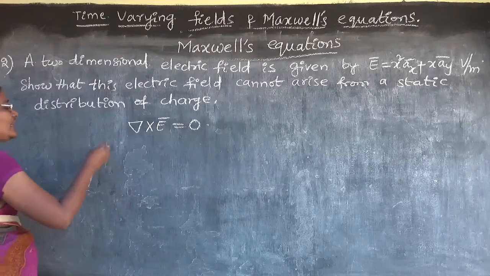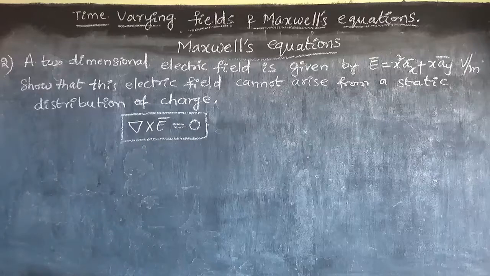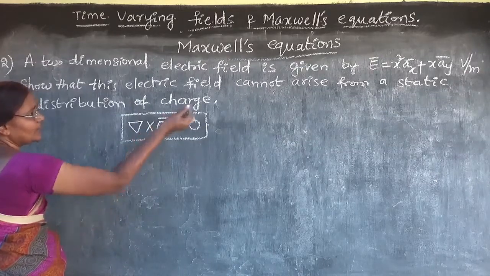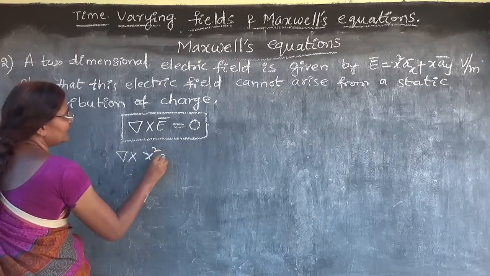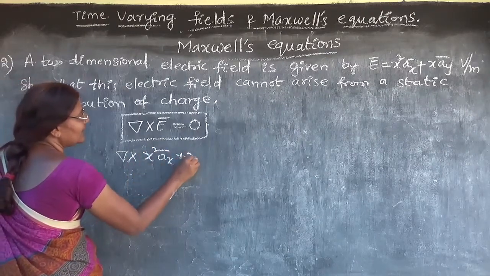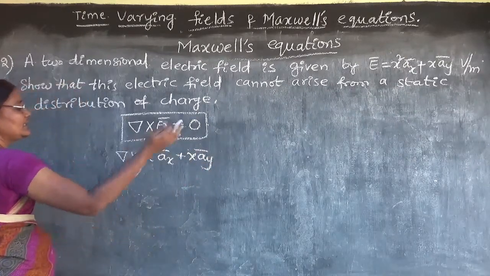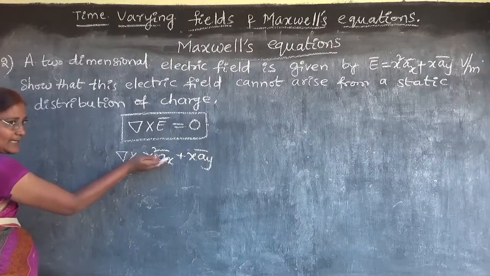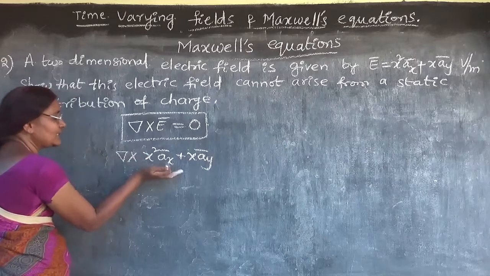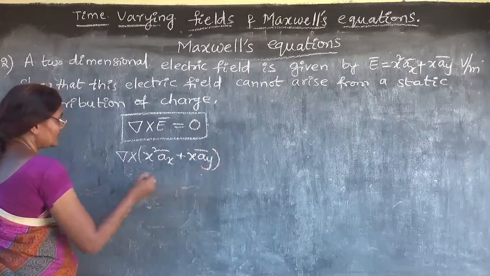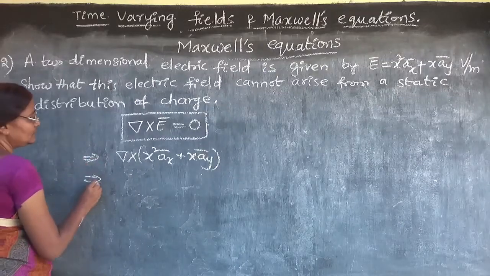సో ఫర్ దట్ వాట్ వీ హ్యావ్ టు యూస్ this equation we have to use. So what is E bar? E bar is given del cross x square ax bar plus x ay bar must be equal to 0. 0 అవుతుందా లేదా చూద్దాం. Now we have to find this value. దాన్ని 0 కి ఈక్వేట్ చేయను నేను. I want to find this value. దీని వాల్యూ ఎంత నేను కనుక్కోవాలి. So for that what I have to do? ఏం చేయాలి నేను? డెల్